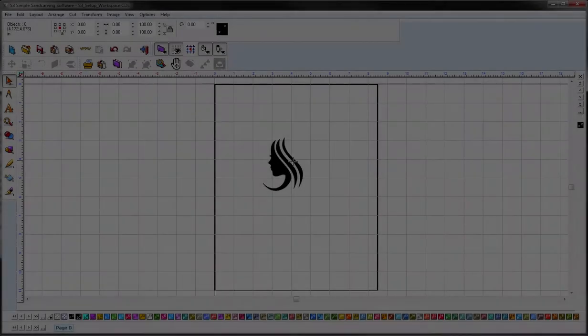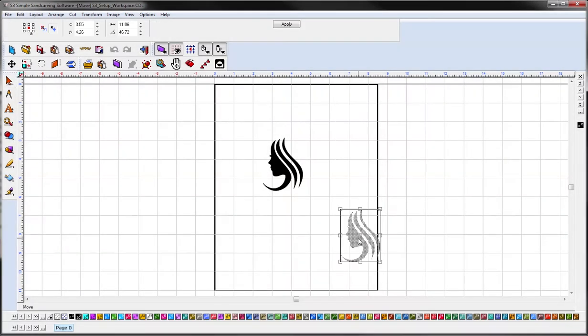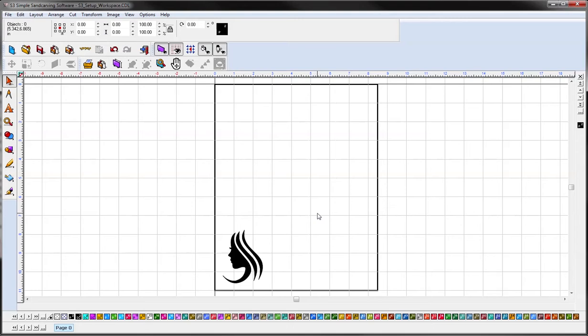If you would like to have multiple items of the same object on a page, we will use the array button to step and repeat the objects. In order to do that, we start in the lower left corner, select your art, and you can either use your array button if you have it on your toolbar, or you can go to